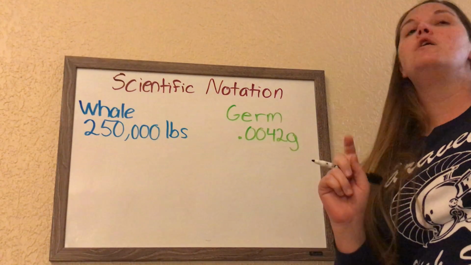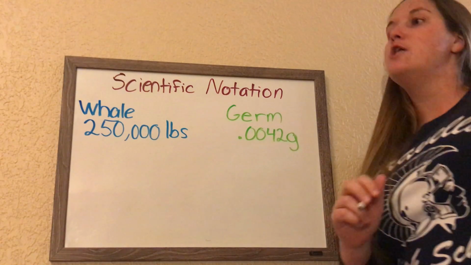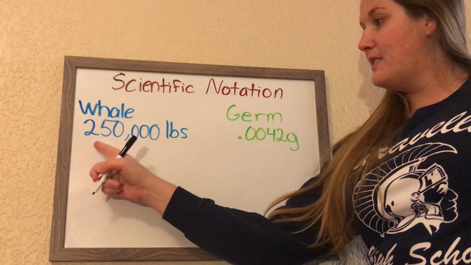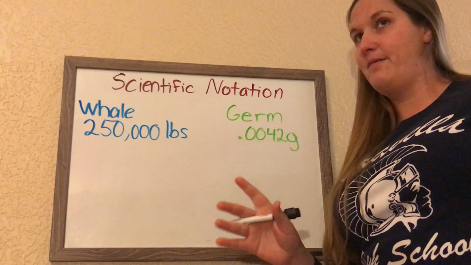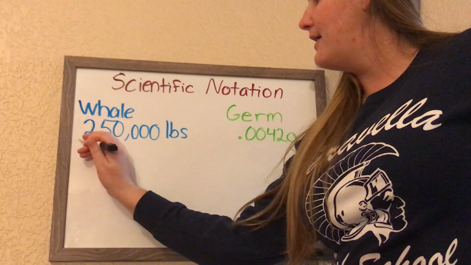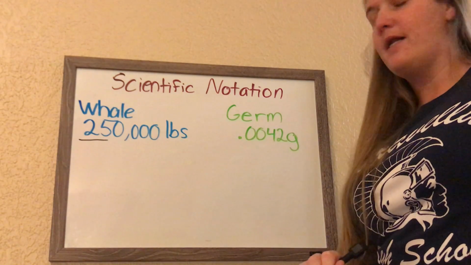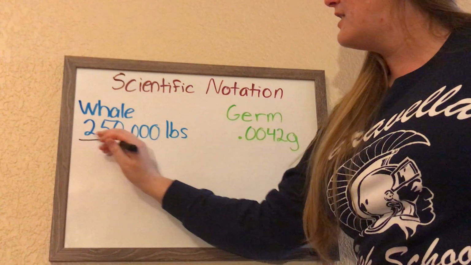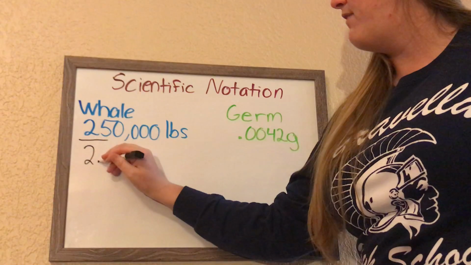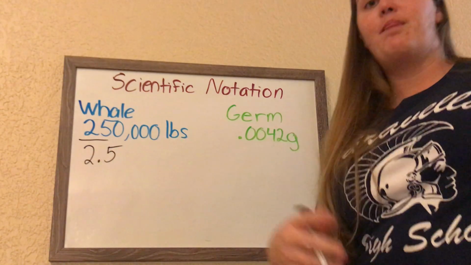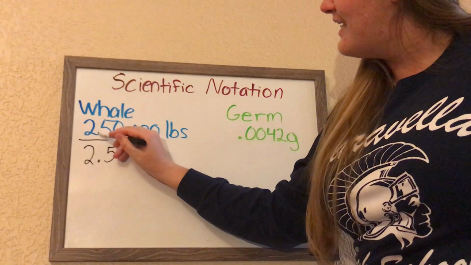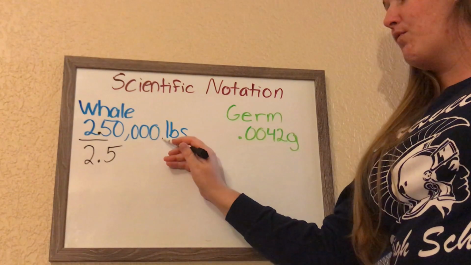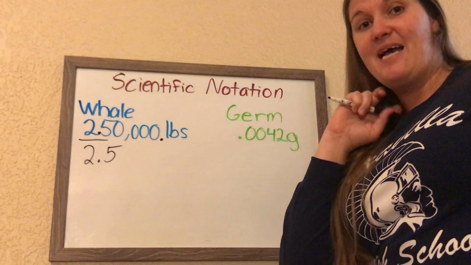So for scientific notation, you need to turn this number and that number both into numbers between 1 and 10. What you do there is you look at the beginning numbers, okay, and you change this to 2.5. That's a number between 1 and 10, right? But now, in order to put a decimal here, rather than where it belongs here at the end,